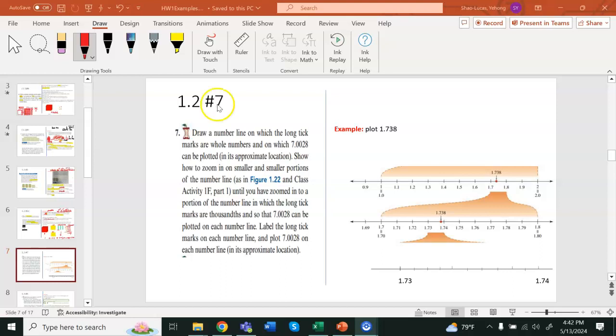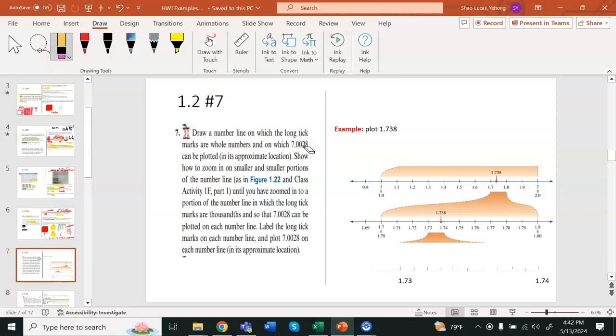Section 1.2, homework problem number 7. So here we want to plot a number on the number line, but not in a rough spot. We need to find the exact tick mark for that decimal number. So the homework problem is